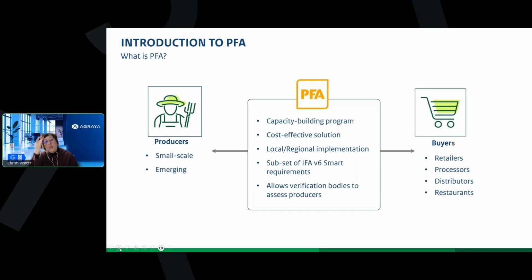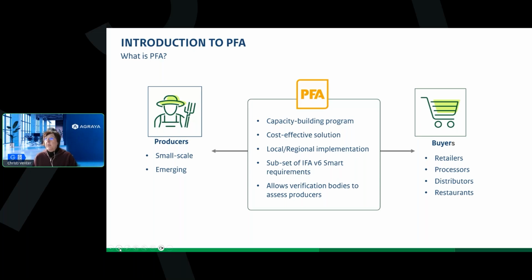So why is it more cost effective? It's more cost effective because you don't have to implement everything at once. We many times hear that it is quite an expensive process, and we realize that. But now there's a period whereby producers can go step by step and implement the needs. I just want to make it clear that at the moment, this program, PFA, is only available in the fruit and vegetable scope. But we have had some demands from different regions to expand it to combinable crops. It's not there as yet, but it's something that we can definitely move towards too.